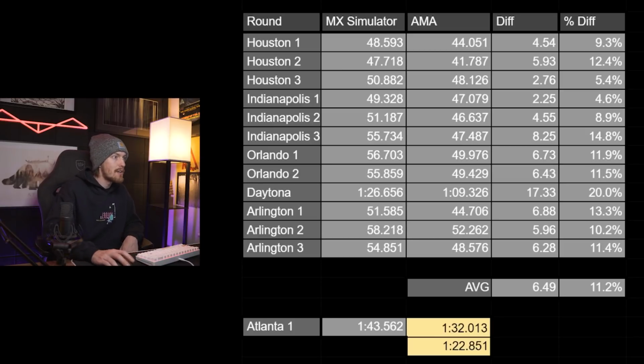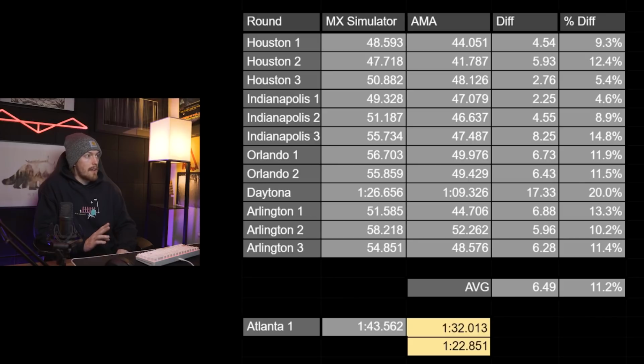Because look at some of these lap times. A 47-second lap. Oh, no, that's MX Simulator. 41-second lap time? Are you kidding me? This is going to be twice that. This is literally going to be 2 times as long as the lap time at Houston 2. Maybe even longer than 2 times. That's insane. So let's take a look at the track